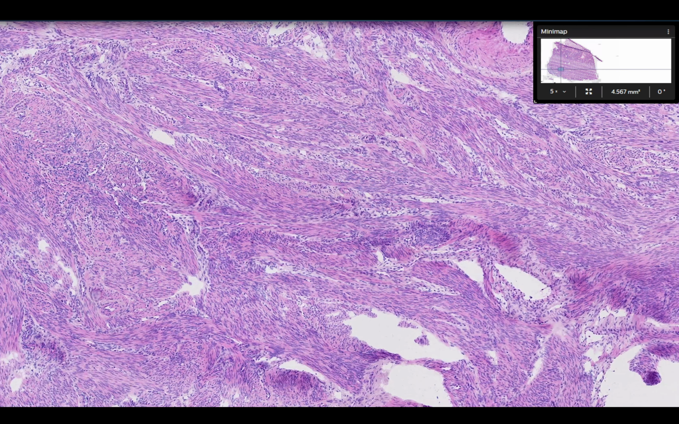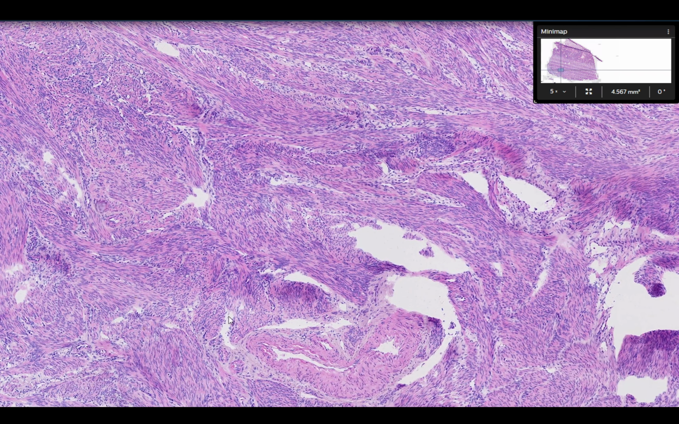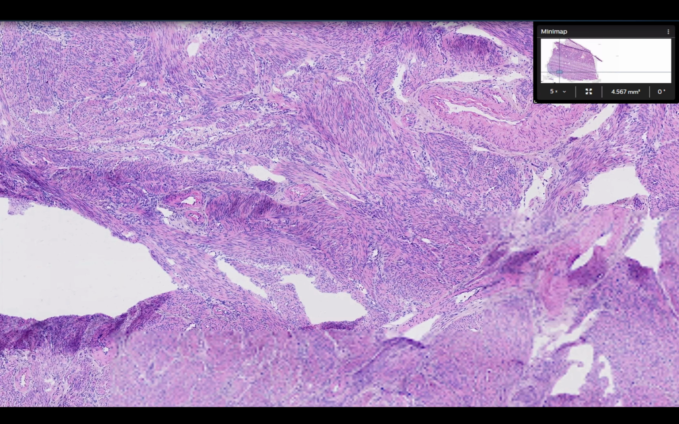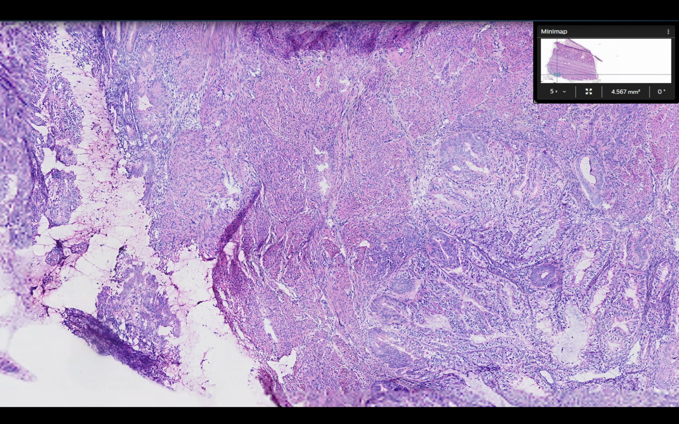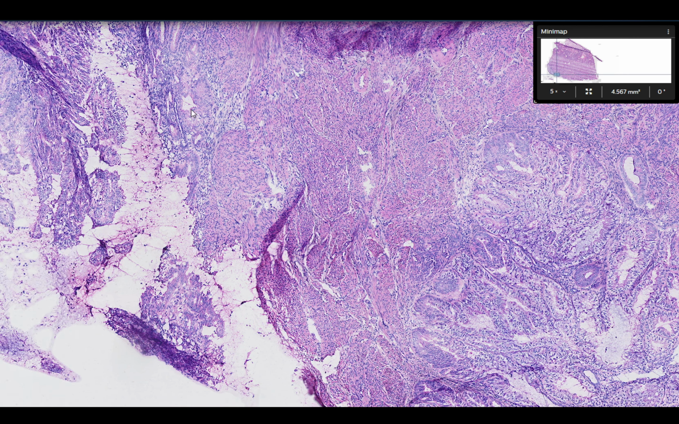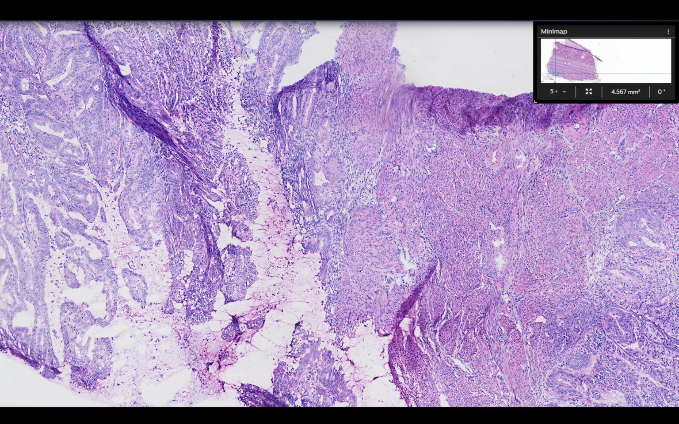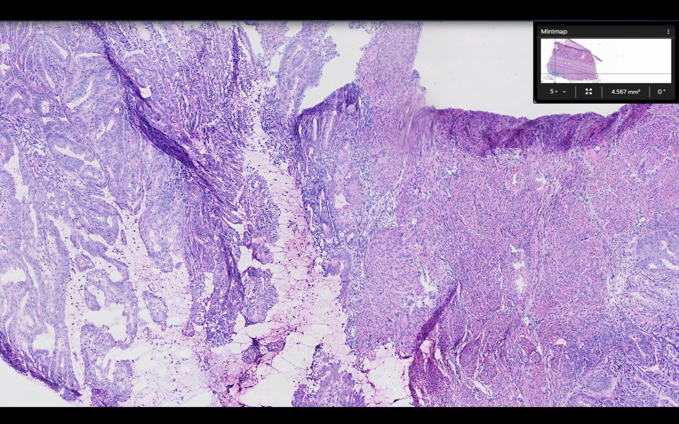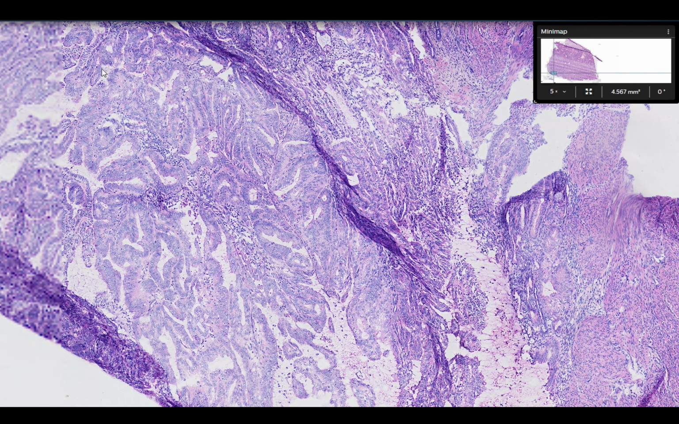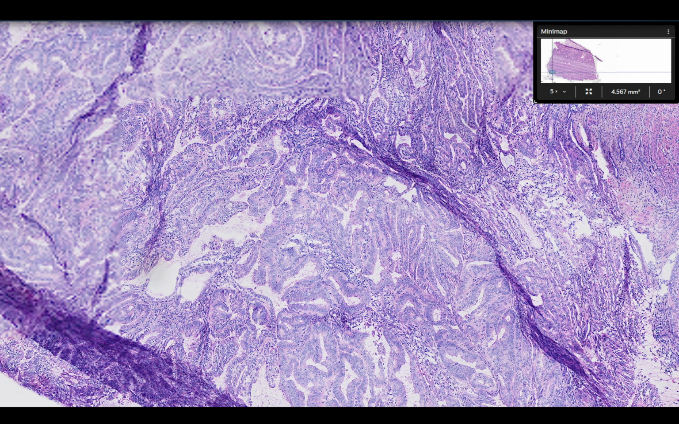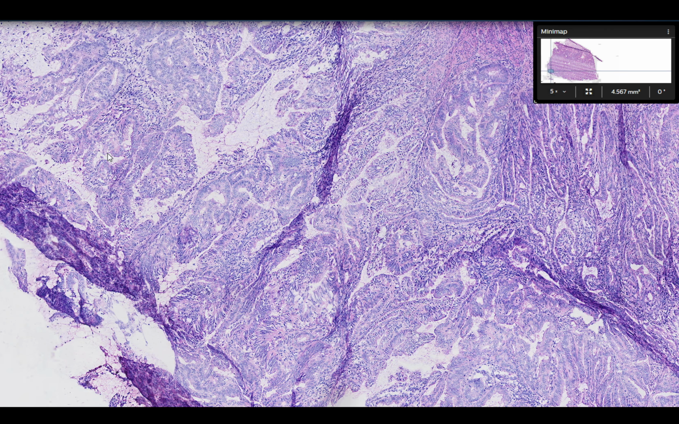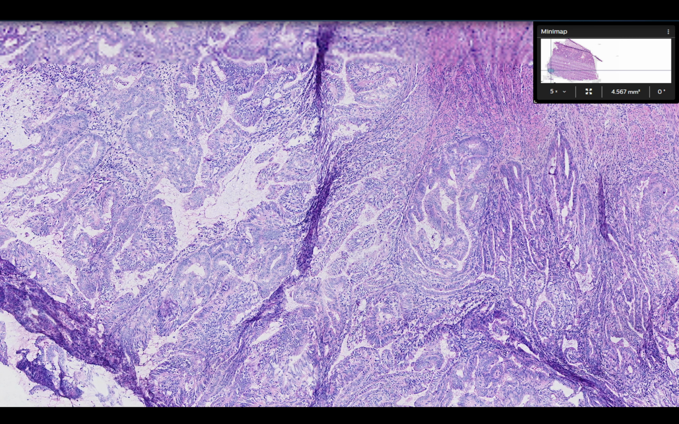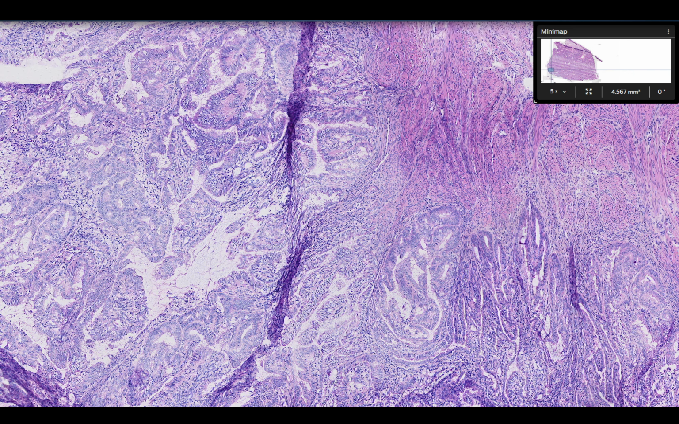So the reason this frozen was probably sent was because the surgeon is looking at how much, well, they probably know that this patient's got some sort of endometrial carcinoma, endometrioid carcinoma, and they would like to know the extent of invasion. So here we're getting to the more, I guess, business side of the frozen section, and here we're seeing